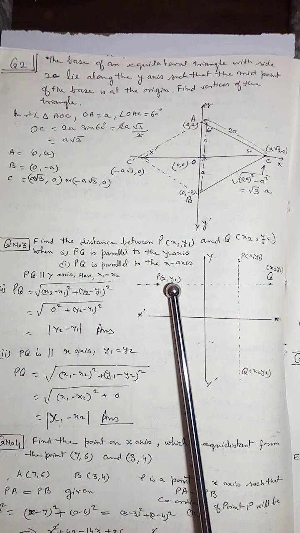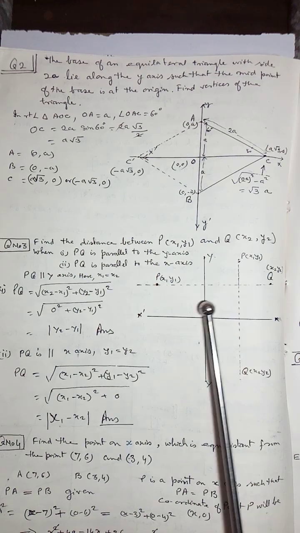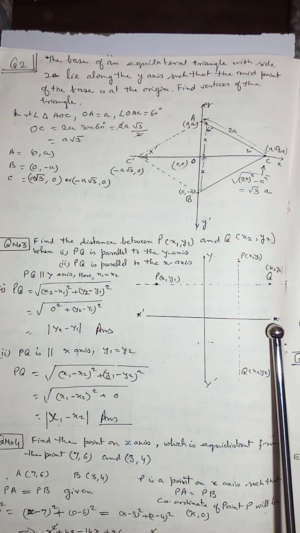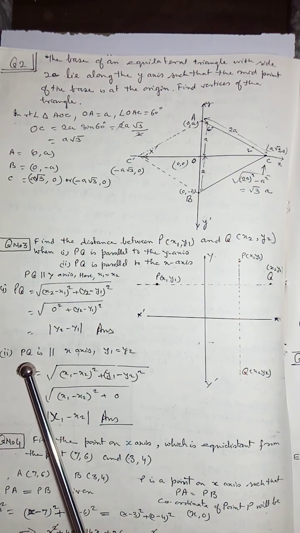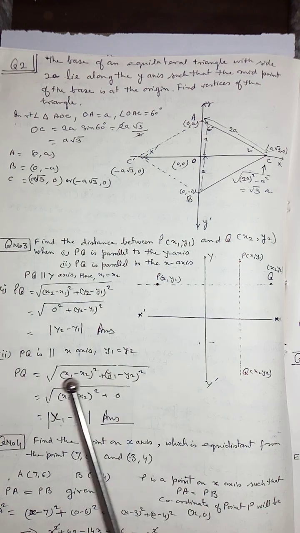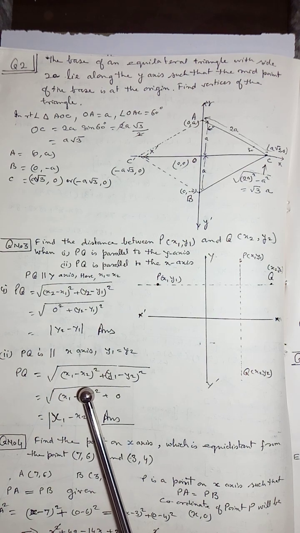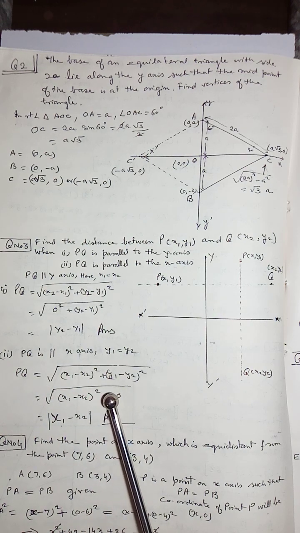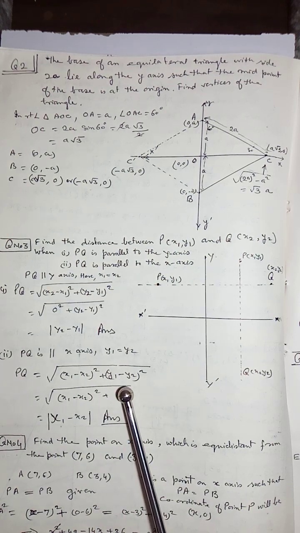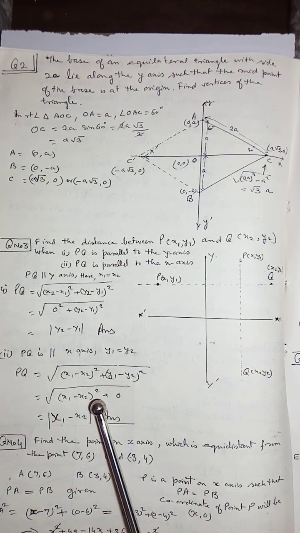So here you see the distance between the x-axis and the point P and Q or this line, it will be always, means y1 and y2 both are equal. Here you see I have written PQ is parallel to x-axis, therefore y1 is equal to y2. So PQ is equal to root of x1 minus x2 का whole square plus y1 minus y2 का whole square. अब ये y1 and y2 both are equal, therefore the difference will be 0. So root of x1 minus x2 का whole square.